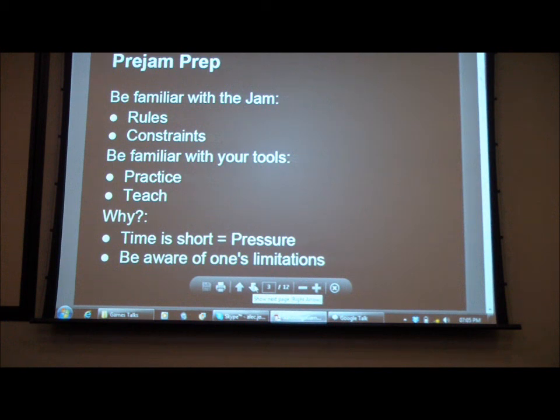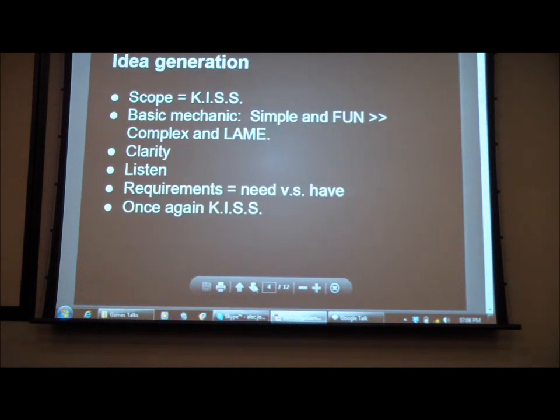Why should you be familiar with all these things? Time is short. You've got 48 hours. You don't want to stuff up too badly in that time and waste 6 hours debugging something basic. You don't want to do things in a stupid way, doing things that could take an hour in 10. So get familiar with that kind of stuff. Also, it allows you to become aware of one's limitations. You're not going to make Gears of War in 48 hours. And some people have those kind of goals. So, yeah. Now with idea generation,